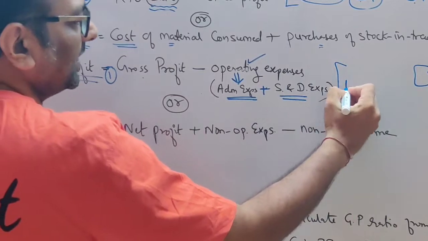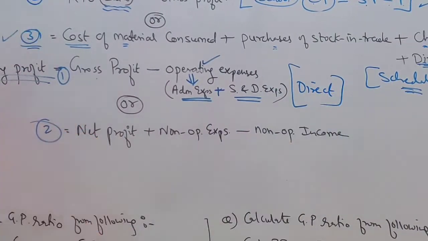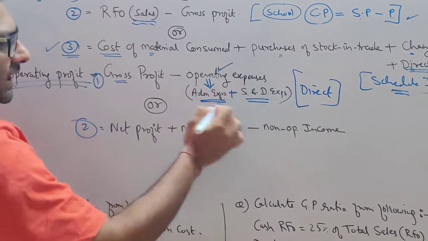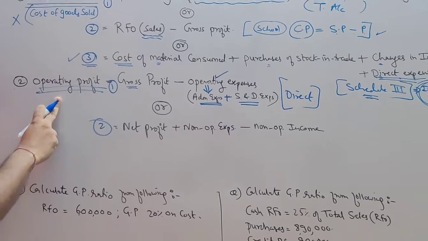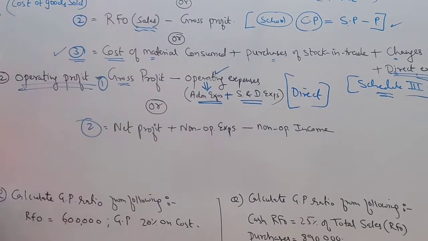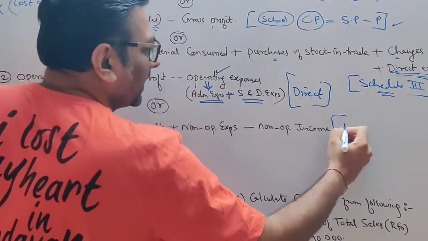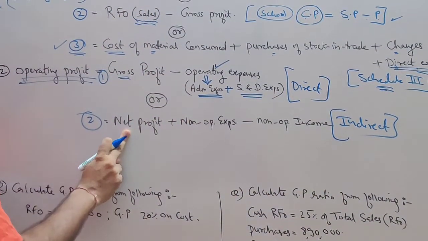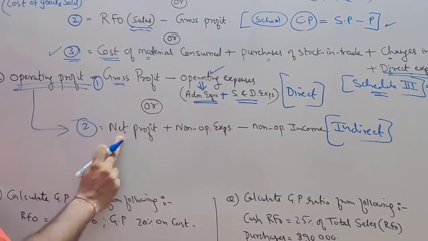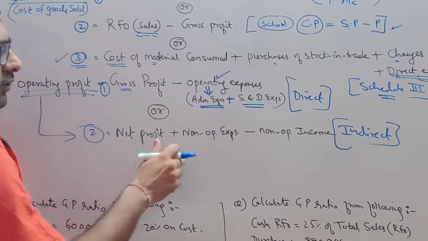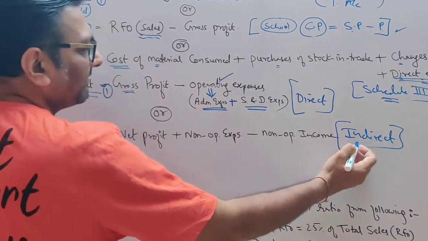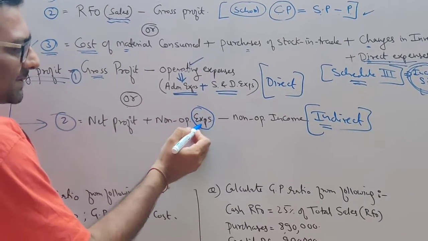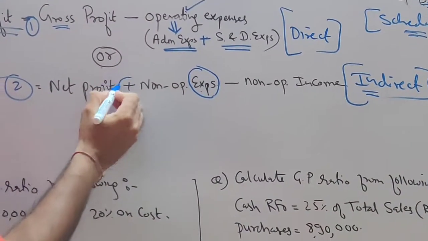This I call a direct formula. This is very direct. From your gross profit, you minus your P&L account ka expenses and you get the operating profit. This is your direct formula. Or indirect formula. I call this formula the indirect formula. Now what is your indirect formula? Operating profit equal to net profit. You are going reverse now. That's why I have written indirect. You are going reverse. If you are going reverse, students, expenses normally you minus, but see what you are doing here.